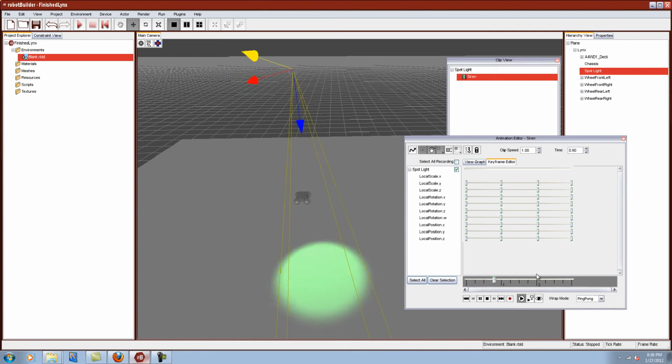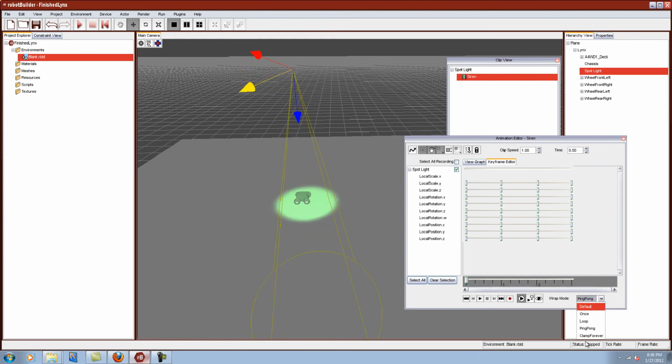If I look here at my slider, it's going all the way to the 3 second mark and then all the way back. It's retracing its steps. That's ping pong. Clamp forever basically will see this animation get executed all the way to the 3 second mark and then hold